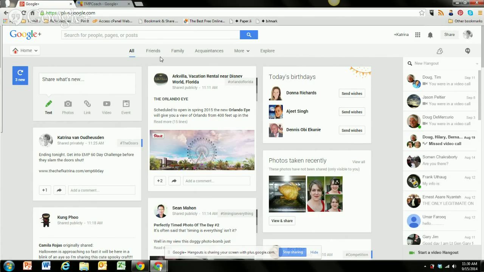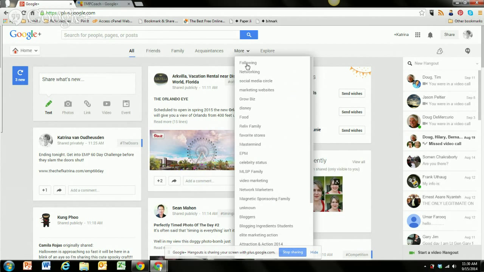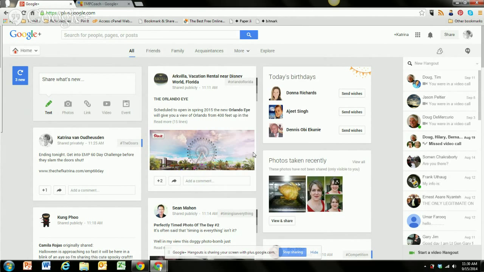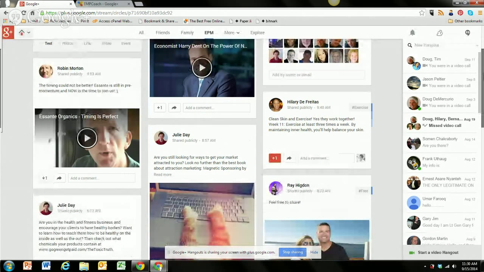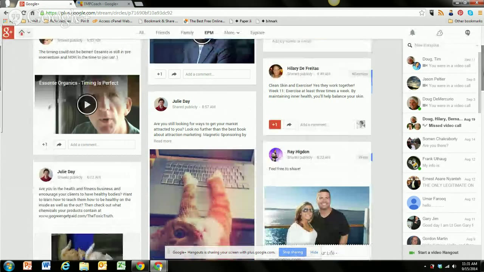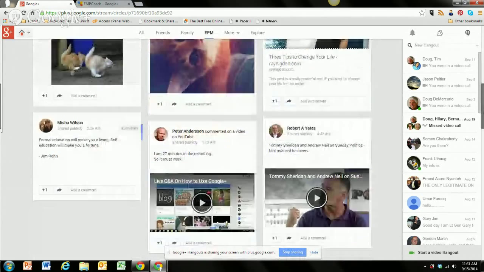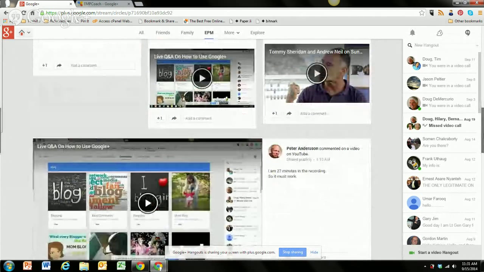Another quick thing I want to show you guys is that when you do circles, for those that didn't know it, this up here also breaks down your circles. So if I just want to see posts from people in my EMP community, then the only people that will show up on this feed are people in my EMP community. I like this feature when I go through and see what other people are doing. And if they're talking about Elite Marketing Pro, I like to give them a little props, a little +1, give a little love. The reason I do that is I want to empower people to see that this is actually working. Put a little comment on there.